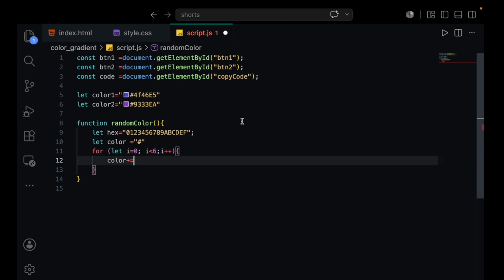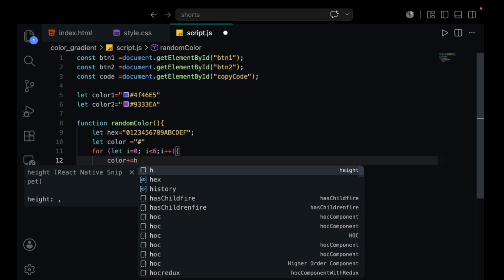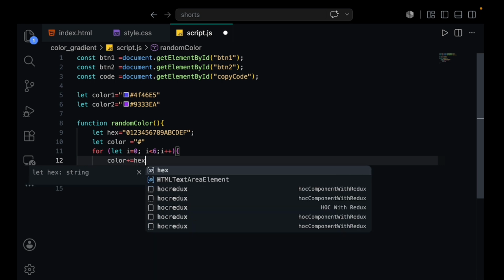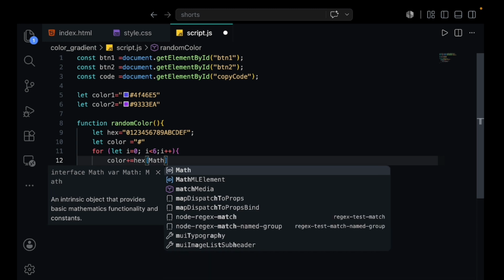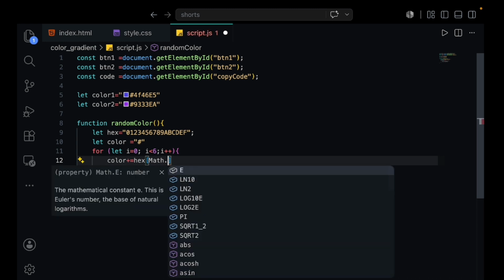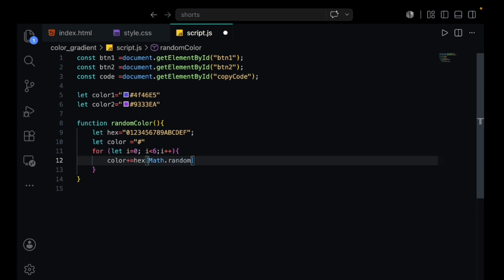So for that, we're going to write math. Firstly, we have this hex. Inside this, we have the math function, Math.random. We're going to call it random because we want 16, right? So we're going to multiply with 16, so that it's going to be hexadecimal.